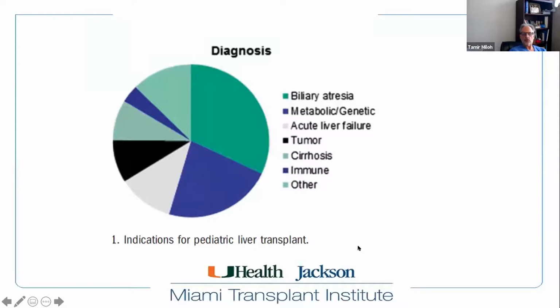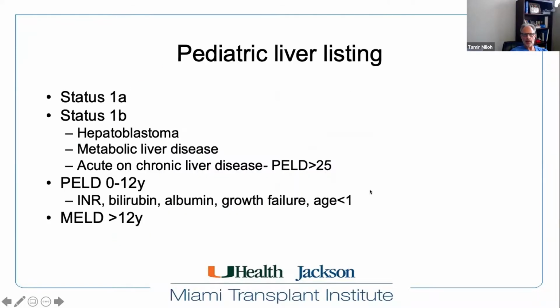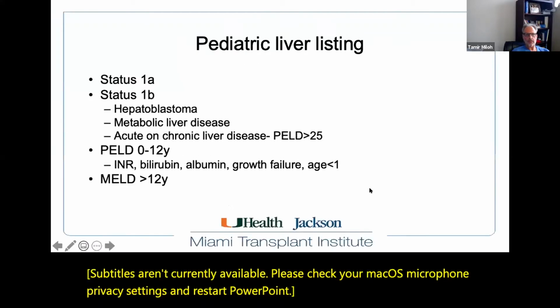Okay. So liver transplant is primarily performed for congenital disorders such as biliary atresia, and second for metabolic disease. And you can see about 15% of transplants are done for acute liver failure and then other indications. Children are listed differently than adults. They're listed with a status 1A, which is similar to adults, but we have status 1B, which are patients with hepatoblastoma, which is a pediatric form of liver cancer, where you really are limited with time because you're giving chemotherapy and you want to transplant them relatively earlier.